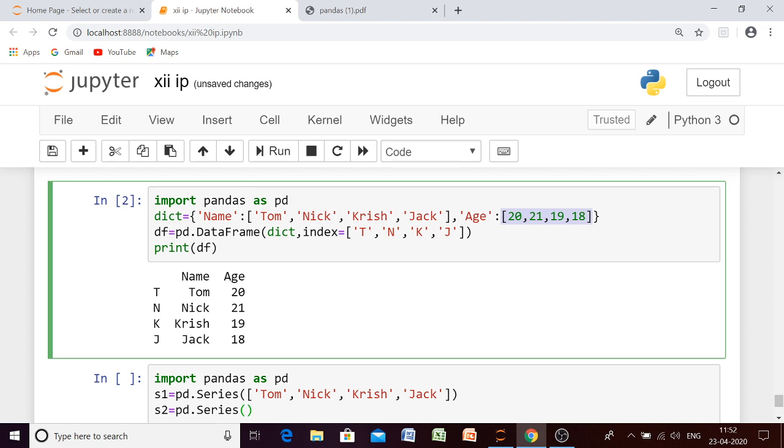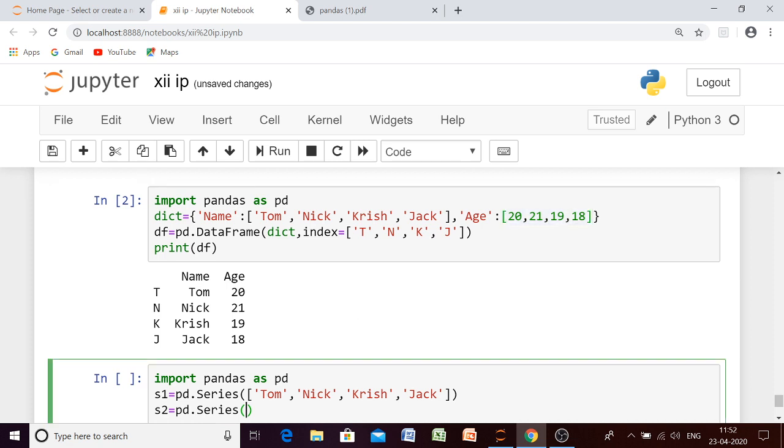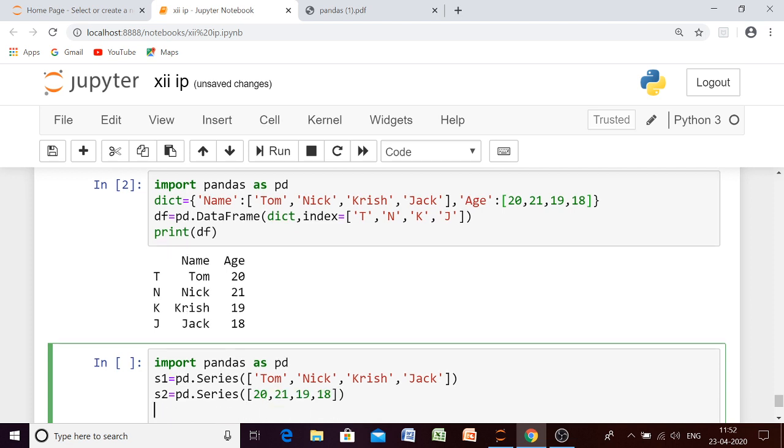Already we have discussed these things. Now we will create our dictionary. Earlier we were doing the same thing using key value pairs. Here we will create the key value pairs using the series. We will have a curly bracket, and the key will remain the same, name.